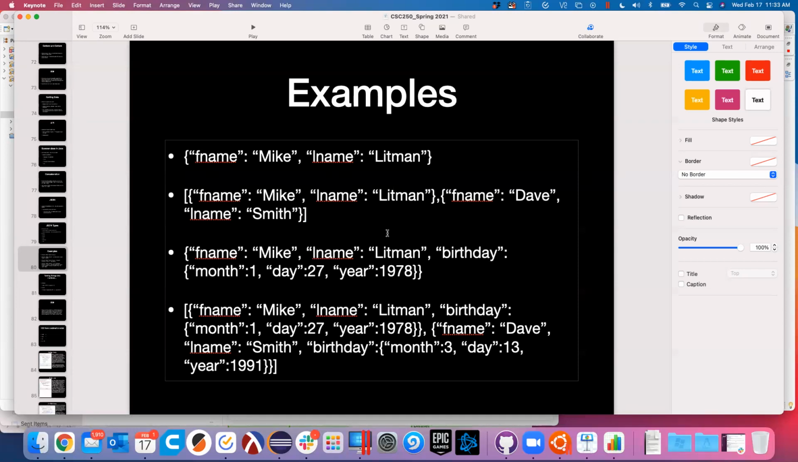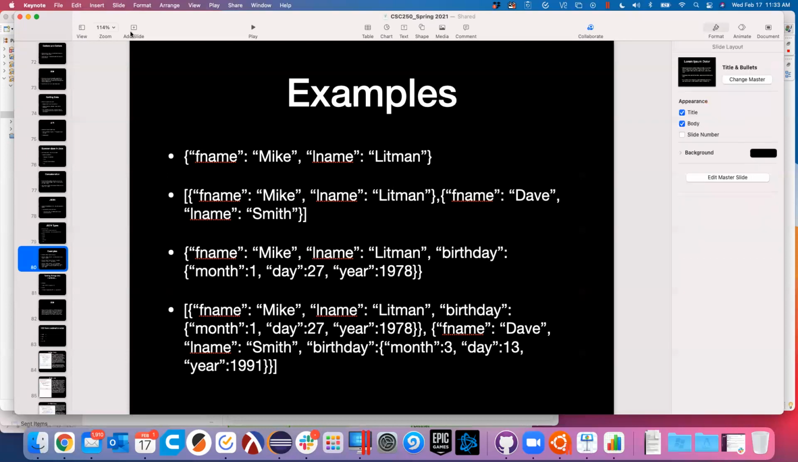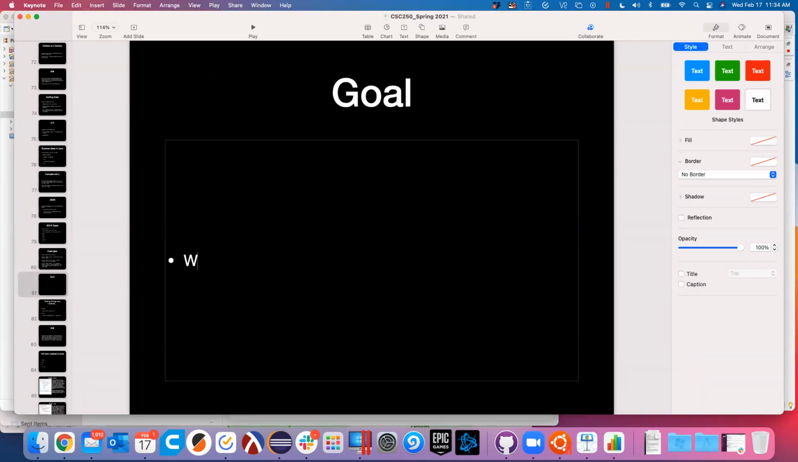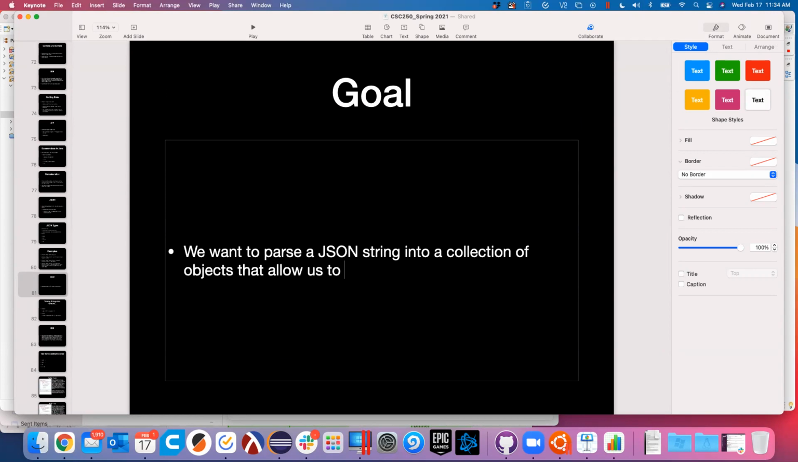All right, so here are just a couple of examples of legal JSON strings. So JSON is just a string. It's a string of characters, but it has to follow a certain set of rules. Make sense? All right, so what's our goal? We want to parse a JSON string into a collection of objects that allow us to conveniently get the information